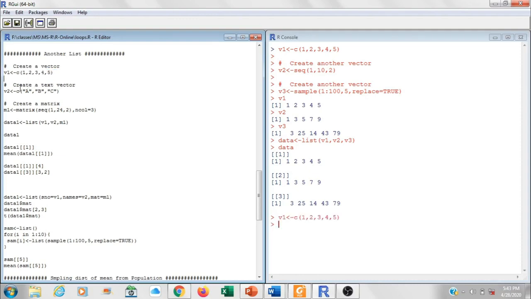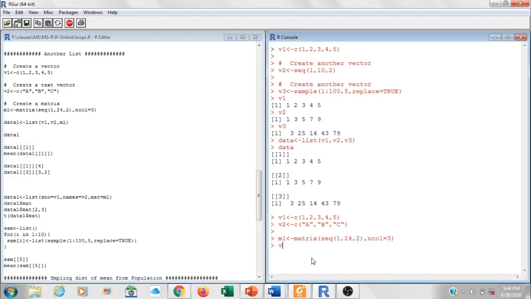Again create another type of vector, a text vector V2 having the characters A, B and C. And the third element, let's generate a matrix of these 12 numbers, creating a matrix of dimension 4 by 3 and assigning it to the variable M1. So let's run this code also.